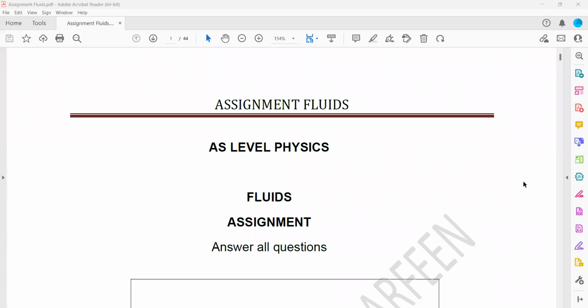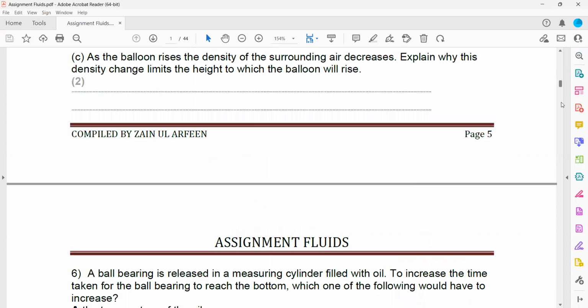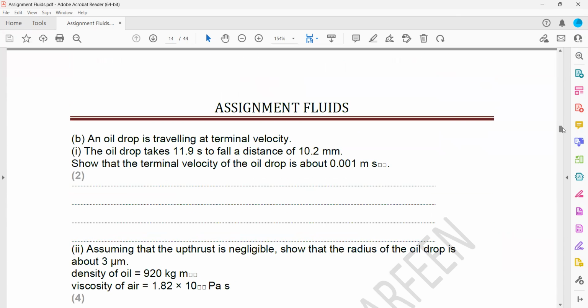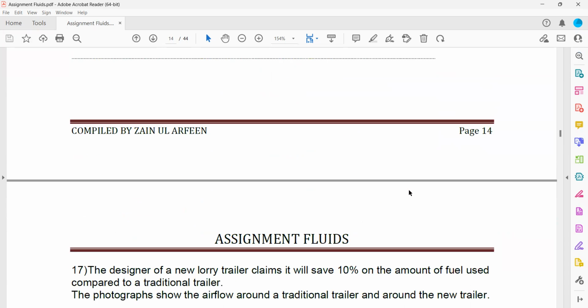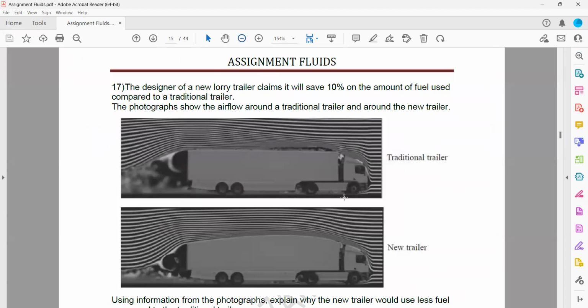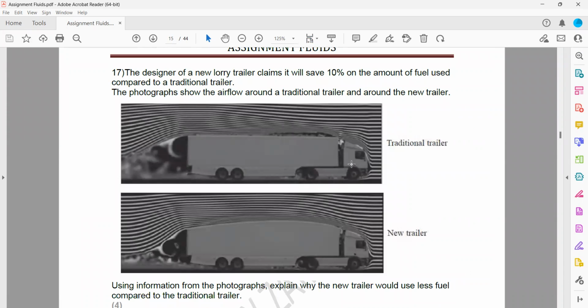So this assignment is related to fluid flow. As I mentioned, I already have a recorded session for the first 16 questions, so I will solve from 17. In question 17, the designer of a new lorry trailer claims it saves 10% of the amount of fuel used compared to a traditional trailer. You can see the new design is more streamlined,